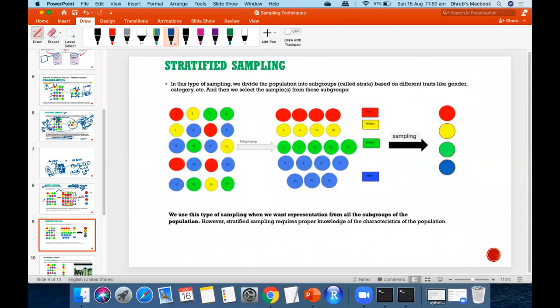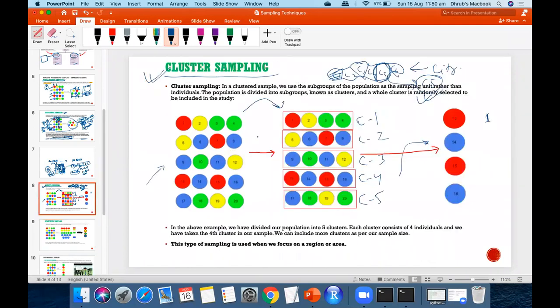Now, a similar type of sampling that we use and generally people get confused is stratified sampling. There, our whole population is divided into clusters, and then we randomly select one cluster if we are drawing one sample. Why I am repeating that one cluster is because here I wanted one cluster only. If you want to draw 2 samples, then obviously you can draw 2 clusters, based on your requirement.